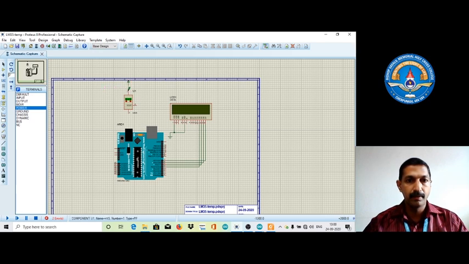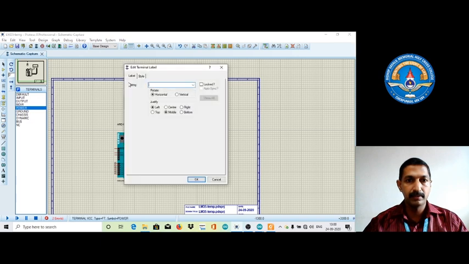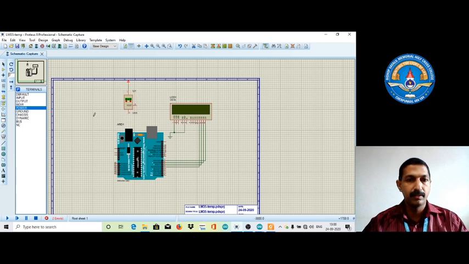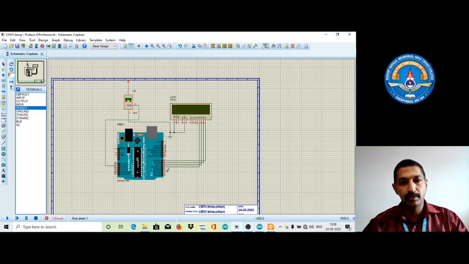Let's check it has been connected. Also ground is required, so we connect the same ground signal. This output we connect with pin number A1. So this connection is done, and two more things remain, that is E and RS.